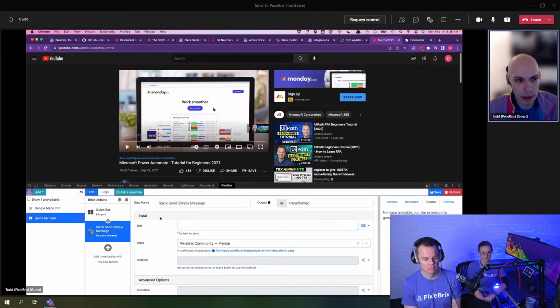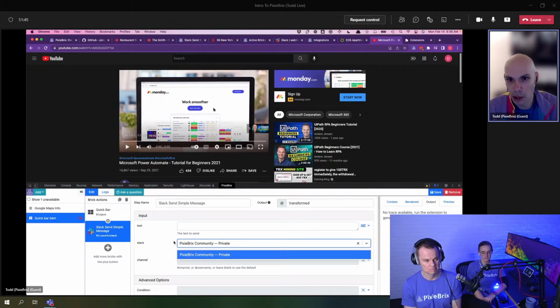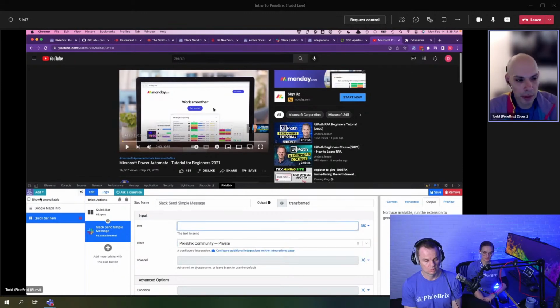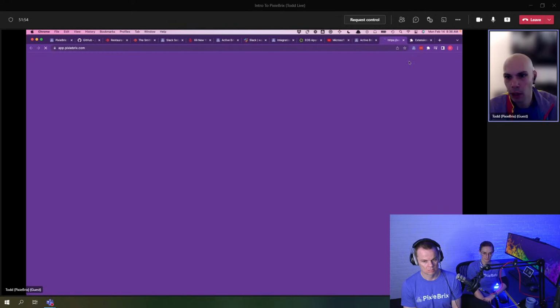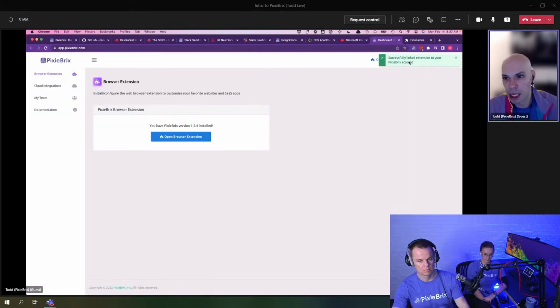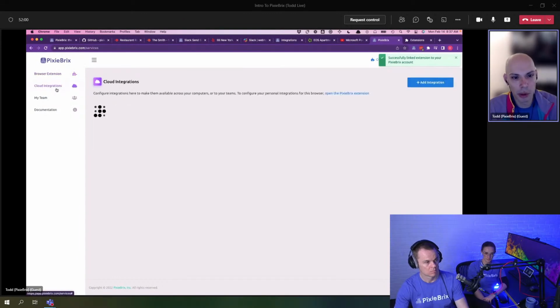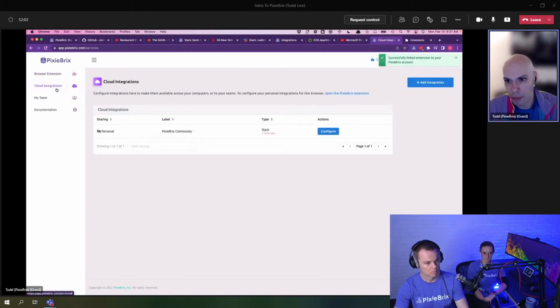you would need to configure Slack to choose which workspace you want to send to. And so the way that you would do this is, for this particular one, you need to open up our admin console, which is that control room or orchestrator, just because of the way that Slack and their API works, it works through that OAuth